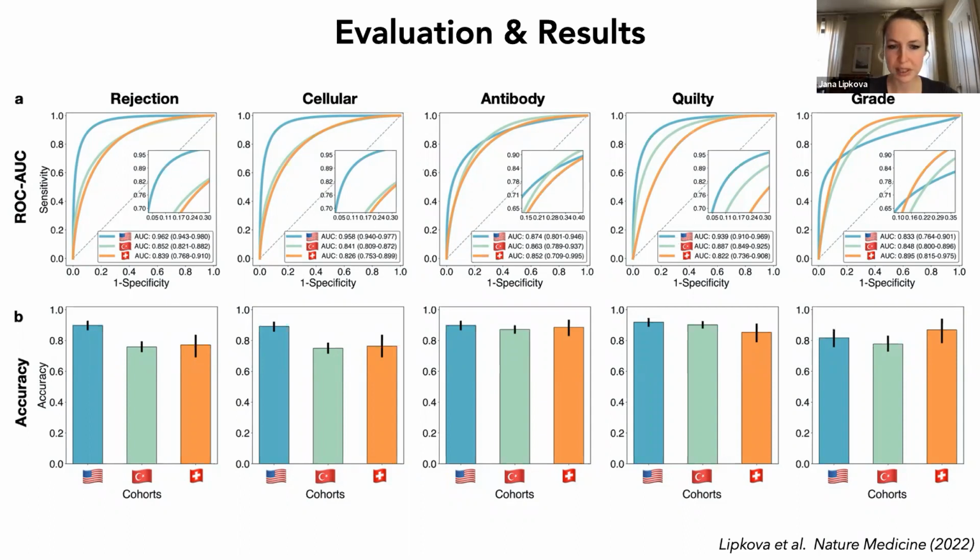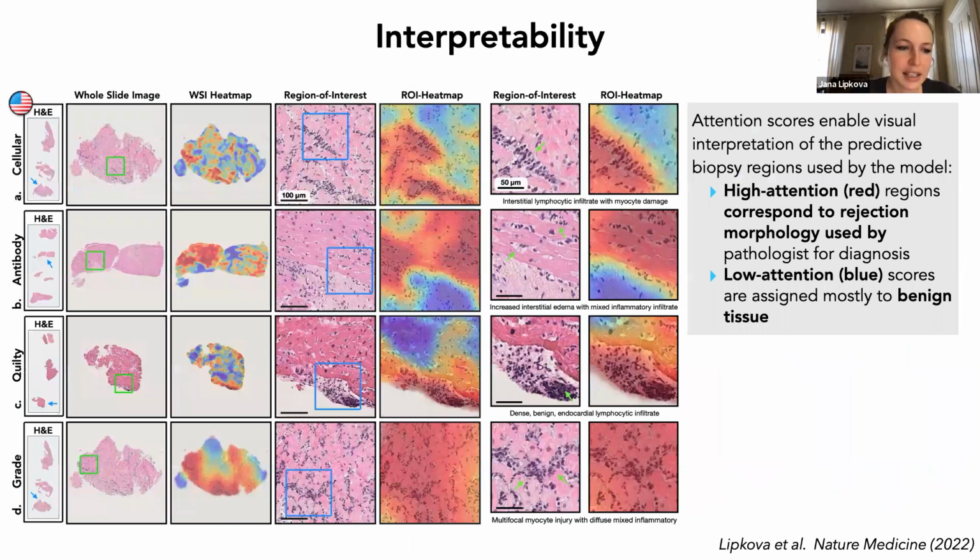Okay, that would be the performance. Then this is the more colorful part. So now we can look at the attention heat maps and try to interpret the model predictions. We didn't use any manual annotation, but the model was able to identify the morphology which was specific for each task. So in each of these examples, the model places high attention, which is shown in red. It would be a high relevance to the tissue region, which has diagnostically relevant morphology, while the blue is shown a region that has benign or non-rejection related morphology.